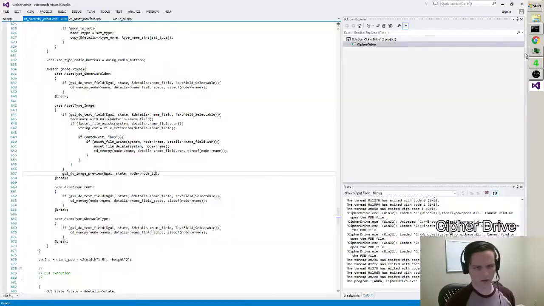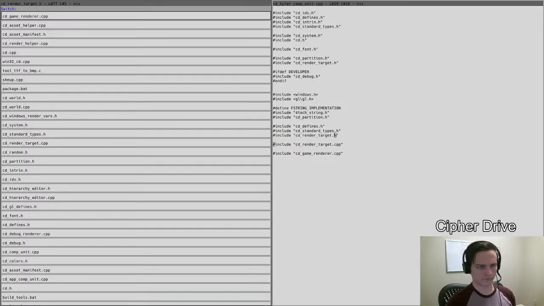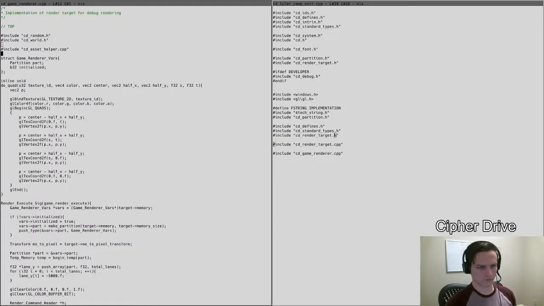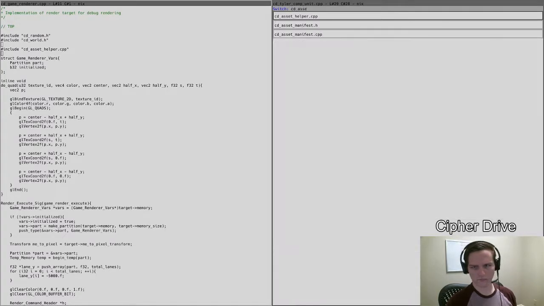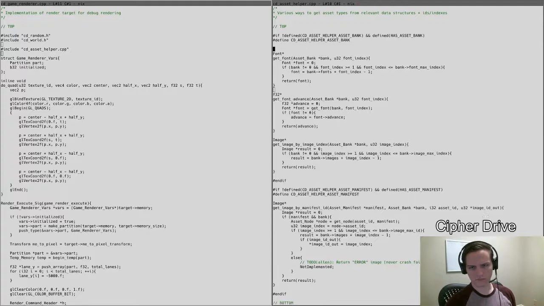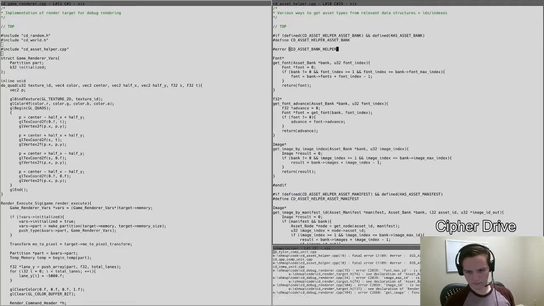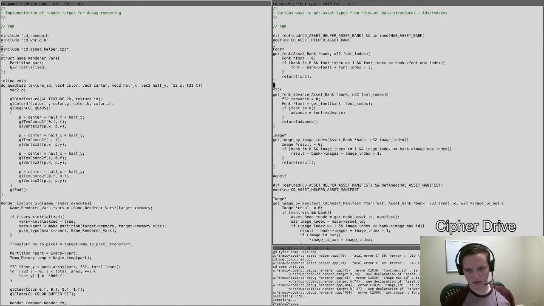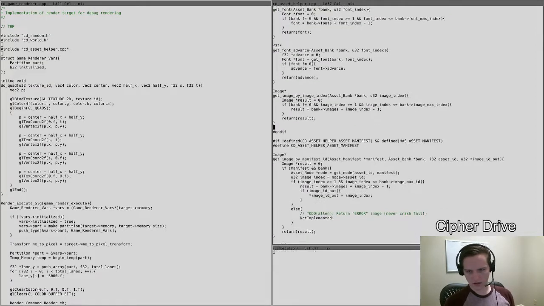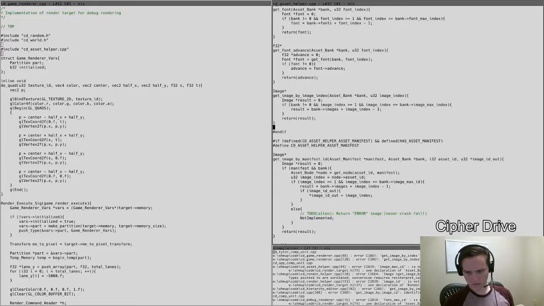It should definitely be. Okay, so it is declaring this get image by image index. Ah,